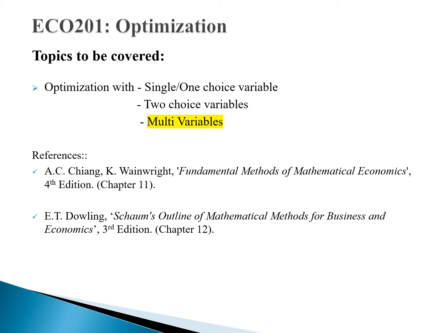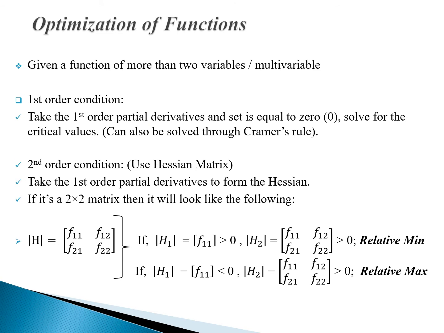Now it's time to see whether a multivariable optimization remains the same as before, or whether there are also some changes in terms of the second order condition. In order to go through the concepts, I'm still sticking to chapter 11 of Chiang's book. However, I have moved to chapter 12 in Edwards and Dowling's book to look for the examples. Now, let's begin with the procedure.